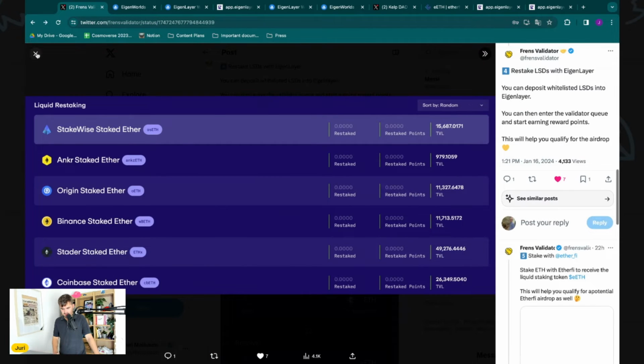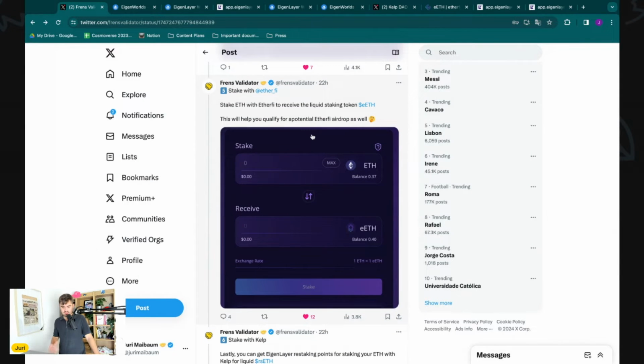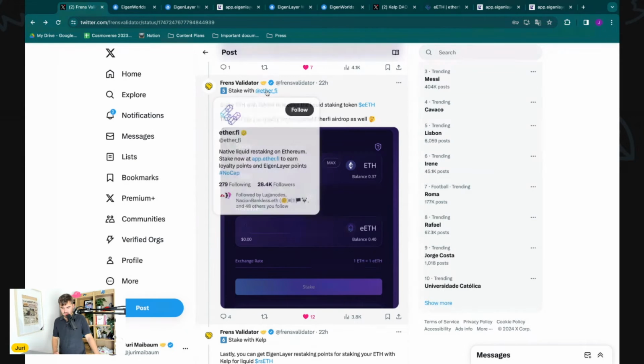But what we can do is there are some dApps that are on EigenLayer, and maybe these dApps themselves will launch a token as well, and then you are eligible for this airdrop. So this is why I go to